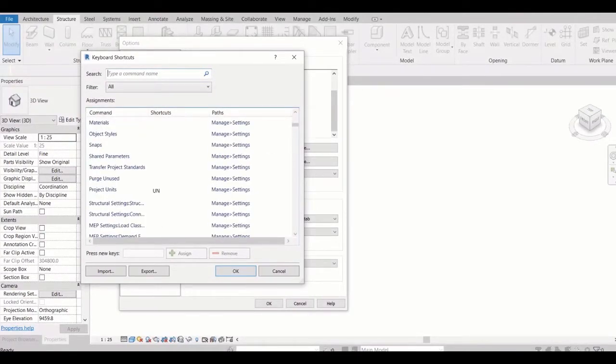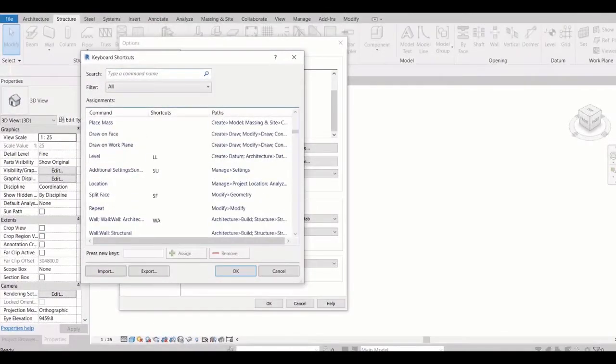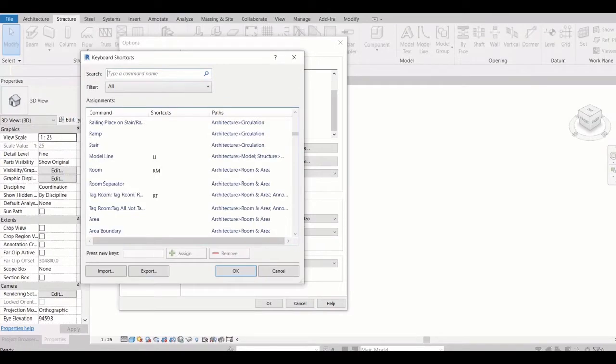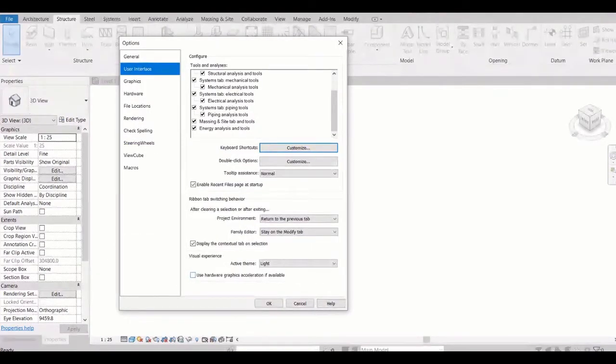You can see all the custom tools, custom shortcuts over here. If you want to create any custom shortcut for your purpose, you can create it from over here, right? Or if you have any custom files, right, exported, you can just import them over here. So again, this is for customization.